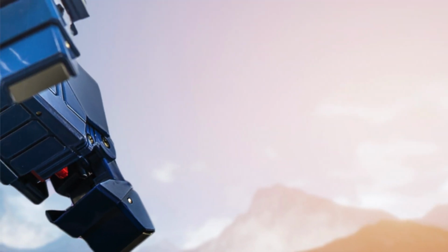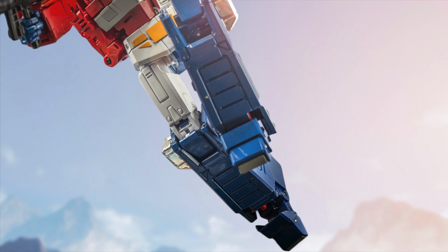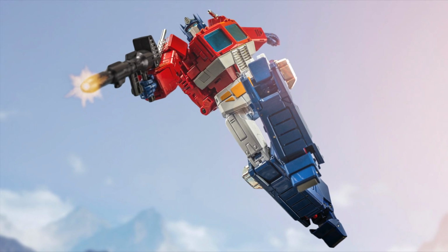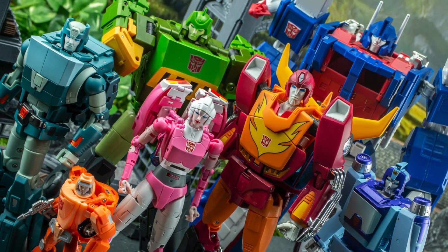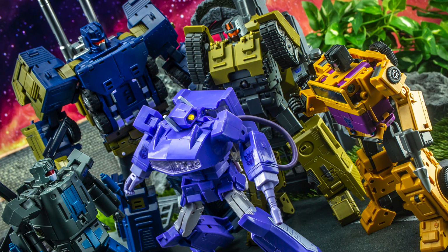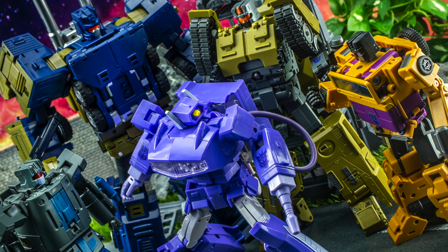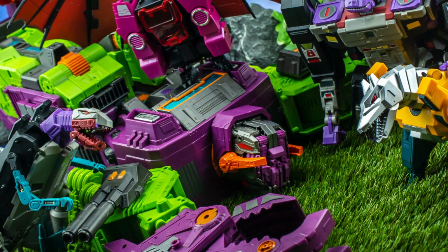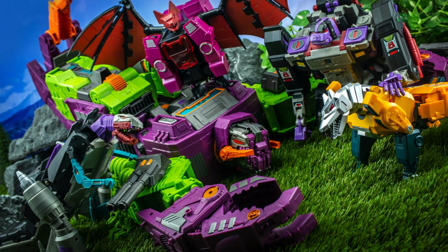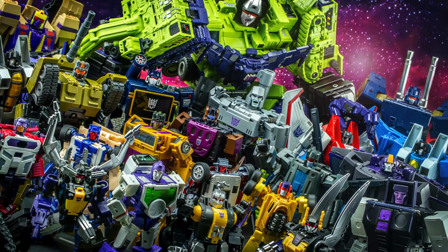But more on that later, as now it's time for the 4th edition of Masterpiece Masterclass. The plan is simple. I'm here to take you on a journey of how I've approached my own personal Masterpiece Transformers collection, and which toys I've chosen for a spot on my shelf, both official and otherwise. The vision is to represent all of the various named characters from the original Generation 1 cartoon in toy form, one way or another, and we'll be assessing the options to decide which is the definitive figure in each